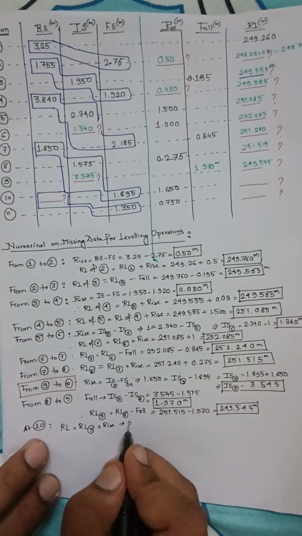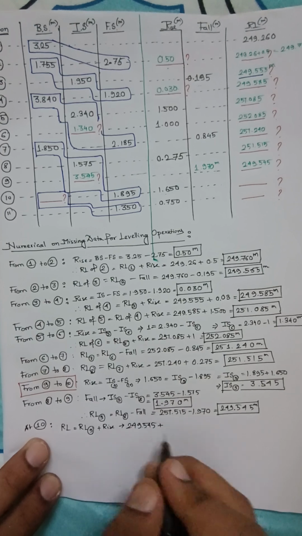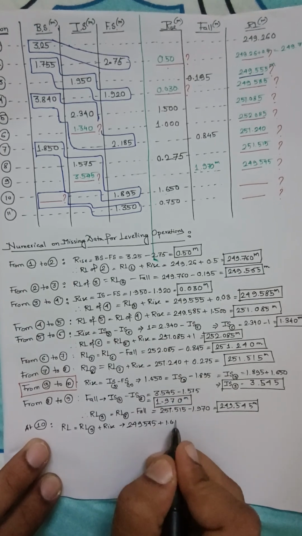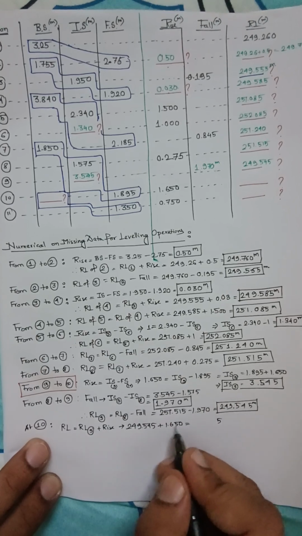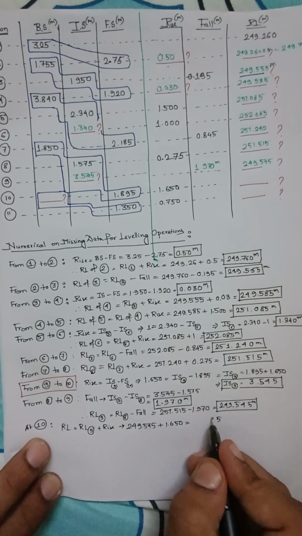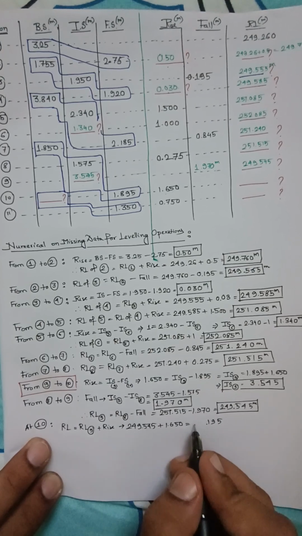is right now we have figured it out, 249.545 plus 1.650. This is how much? 5 plus 4 is 9. 6 plus 5 is 11. 1, 2,